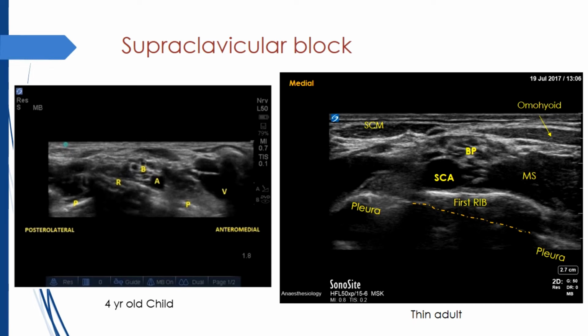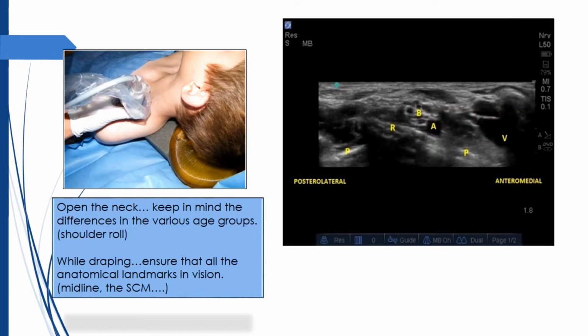One important complication to avoid with this block is pneumothorax. This was one reason why this block was generally avoided either with landmark guidance or using nerve stimulator. And ultrasound has given us a major advantage. We have to select our depth in such a way so that we get the pleura and the first rib in view. To get an image like this, we still need some preparations to be done.